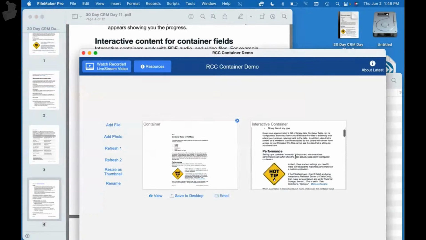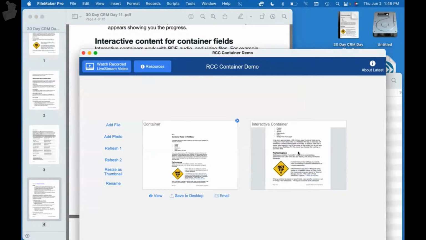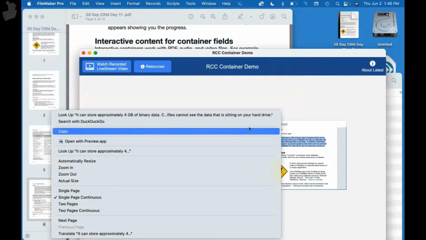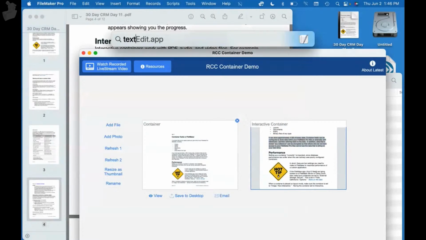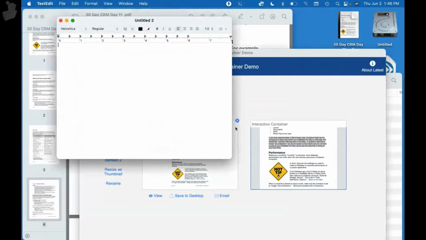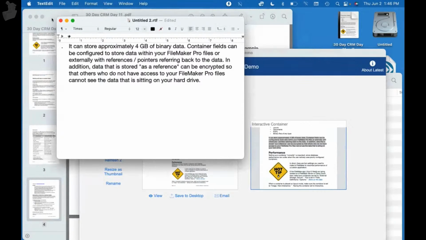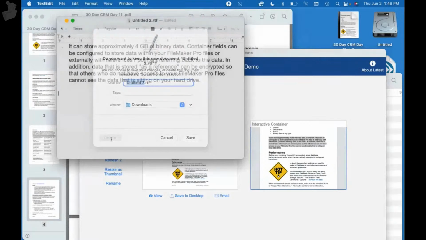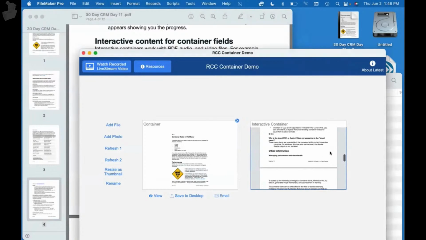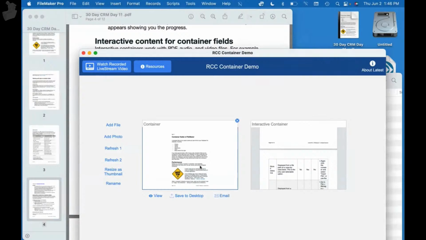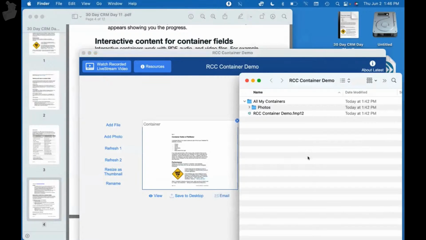So here we're showing that we can zoom in, zoom out, and one interesting thing, I can highlight text and say copy. Now if I open TextEdit, say new, paste that in. So I pasted the text in, but what if I want to copy the file itself? You can't copy the container file in the interactive container. You have to have a standard container where you select copy, or right click copy, and then we can paste that somewhere like,